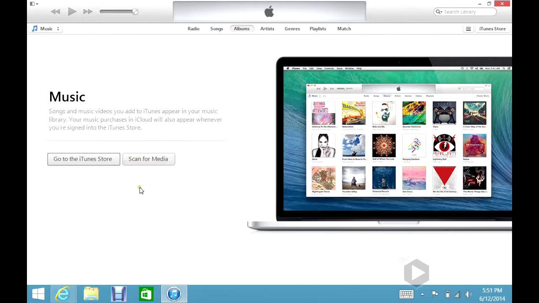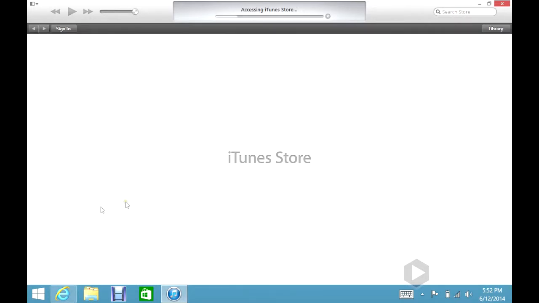So now you have a choice of whether you want to go right to the iTunes store or scan for media. And if you click scan for media, it's going to search your existing computer music folder for media that's already loaded on your computer, MP3s or whatnot. Okay, neither one of these things seems to be working. There we go. Now once you're at the store,